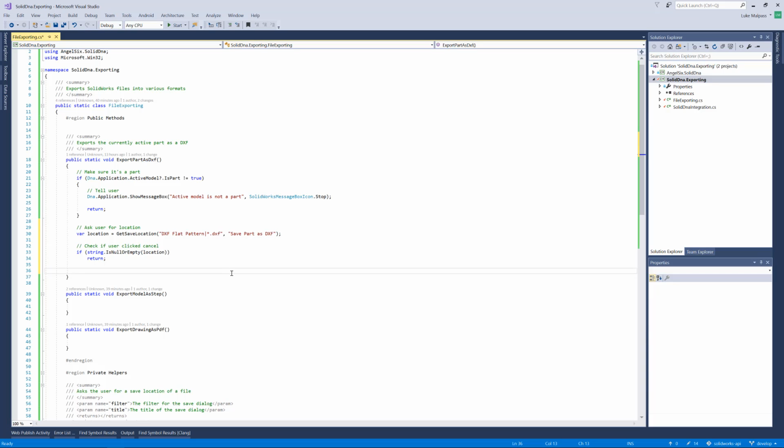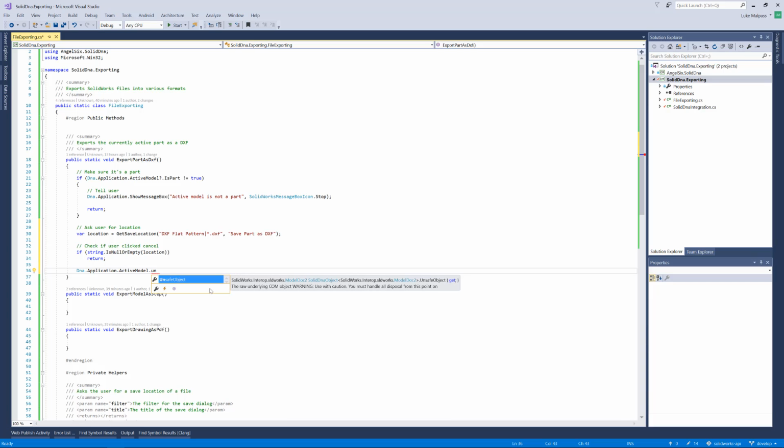DXF, right, so to do a DXF, this is also the benefit of DNA. If I haven't done anything, or if the community hasn't added anything, so we go to the active model, which we know is a part, so we can cast it to a part. Well, this is already native, but say you've got the active model and this is a DNA model, and you wanted to get something on the ModelDoc2, you can just type UnsafeObject, and that gets you the raw